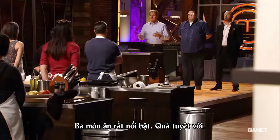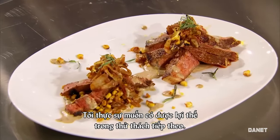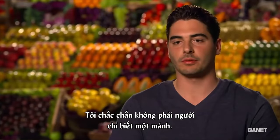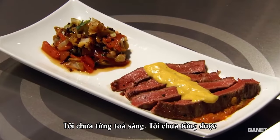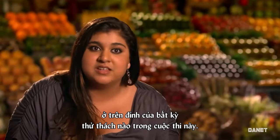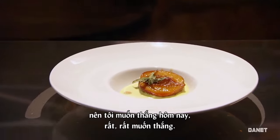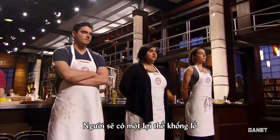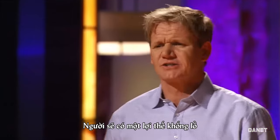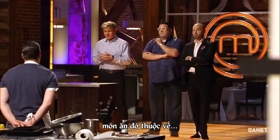3 outstanding dishes. Incredible. I really need to win this. I really want to get that advantage on the next challenge. I'm definitely not a one-trick pony. I've had more lows than highs. I've never shined. I've never been at the top of anything in this competition so far. I want to win. I know that I'm good enough to win this. My dish is the best dish, so I want to win today so badly. The person that will have a huge advantage in the next stage of this competition, that dish belongs to...